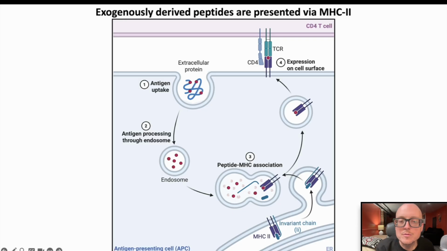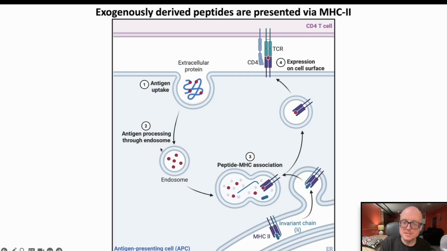So we have another figure here where it's a little bit of an overview of the various steps of exogenous antigen processing, and then we'll zoom in on each of them one by one. But notice that we start with some sort of protein derived extracellularly. So this is something that is derived from the extracellular space in some way or another. We'll see that there are multiple ways to get access to an extracellular protein, but it's going to enter the cell generally through something like endocytosis or phagocytosis, and rather than being degraded by the proteasome, which is what we saw for endogenous peptides or endogenous antigens, extracellular proteins that are going to serve as antigens are degraded